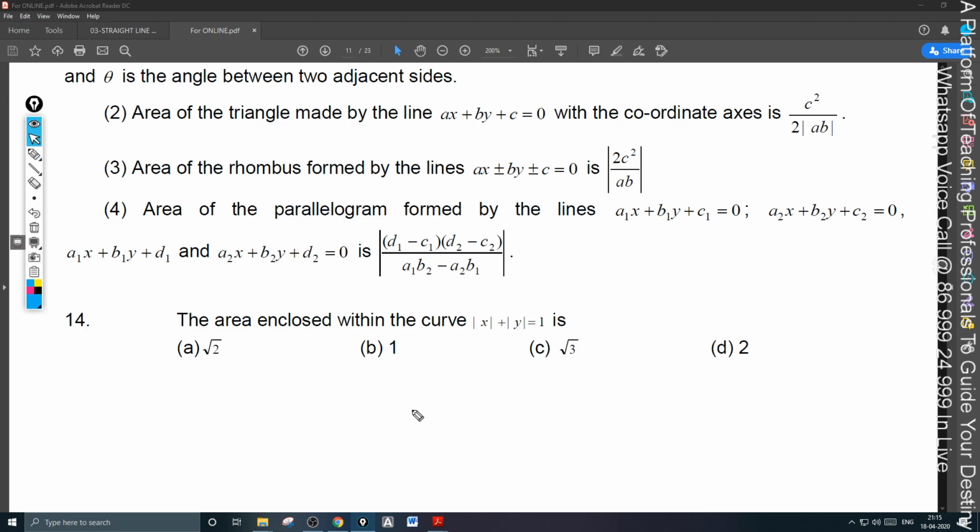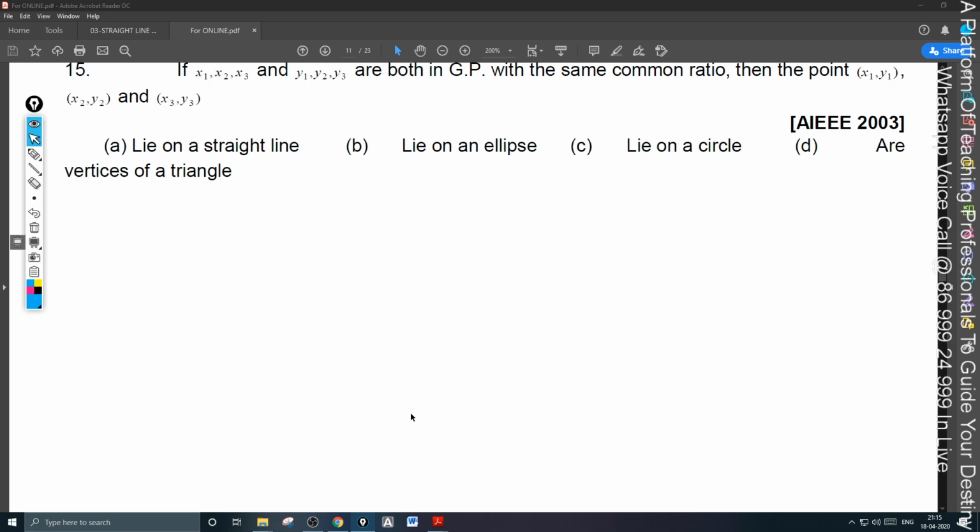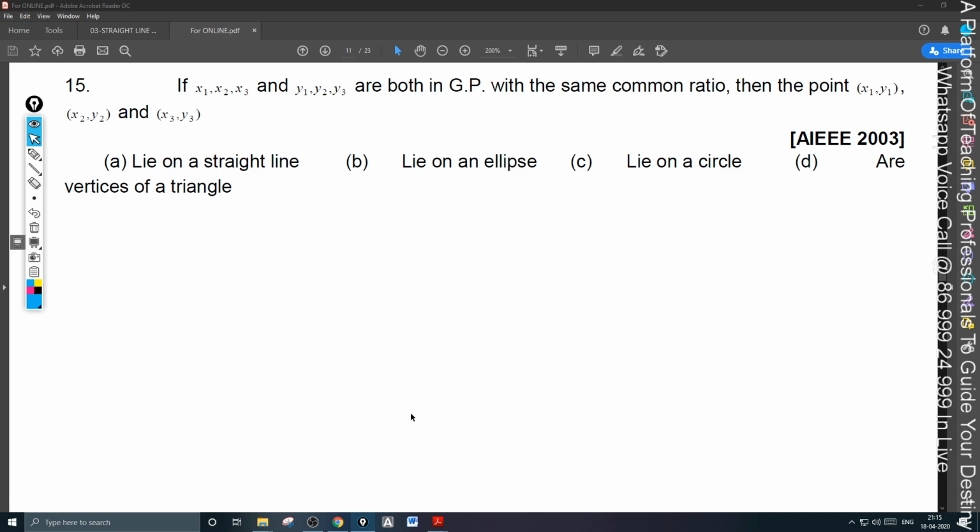Next part of it. 15th one. Can you try it? I'll give you the hint here. If x1, x2, x3 and y1, y2, y3 are in GP, y1, y2, y3 are also in GP with the same common ratio,